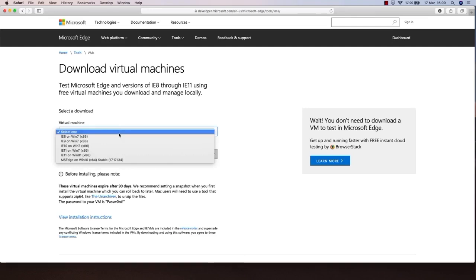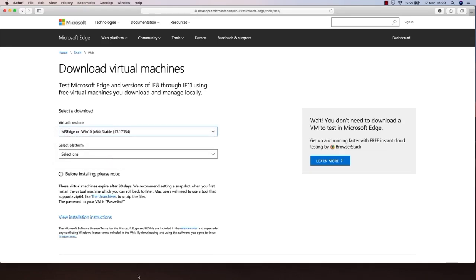So I'm going to select MS Edge Win 10. I'm going to work with Windows 10, and it really doesn't matter. Some people ask if they can work with Windows 7 or Windows 8. Yes, you can, because we're going to use this as a victim machine. As I said before, it really doesn't matter as long as it's Windows, in order to make our attacks more realistic. And you're going to have to choose a platform next, and our platform, as you know, is the